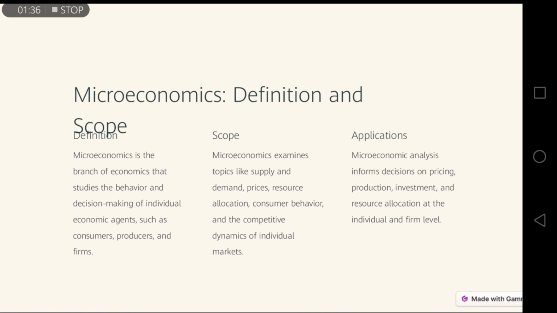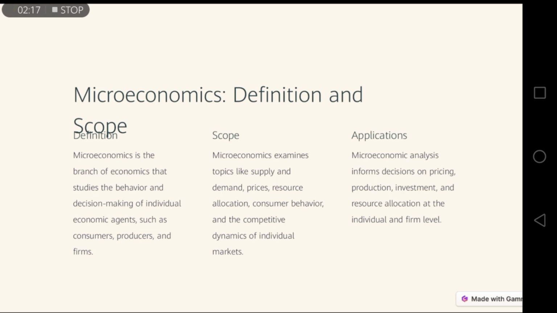The simple definition states that microeconomics is a branch of economics that studies the decision-making behavior of individuals, consumers, producers, and firms. So the main point of microeconomics is that it deals with individual sectors such as the consumer, producer, or firm. It does not go to the macro level or treat the economy as one huge unit, but divides the economy and society into singular units, and then deals with how they make decisions and how they utilize resources.